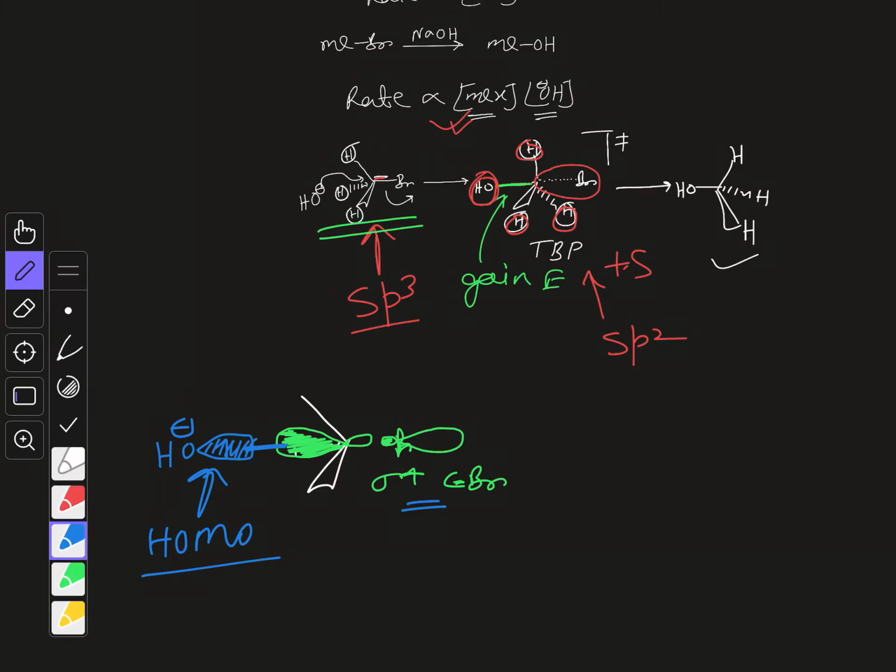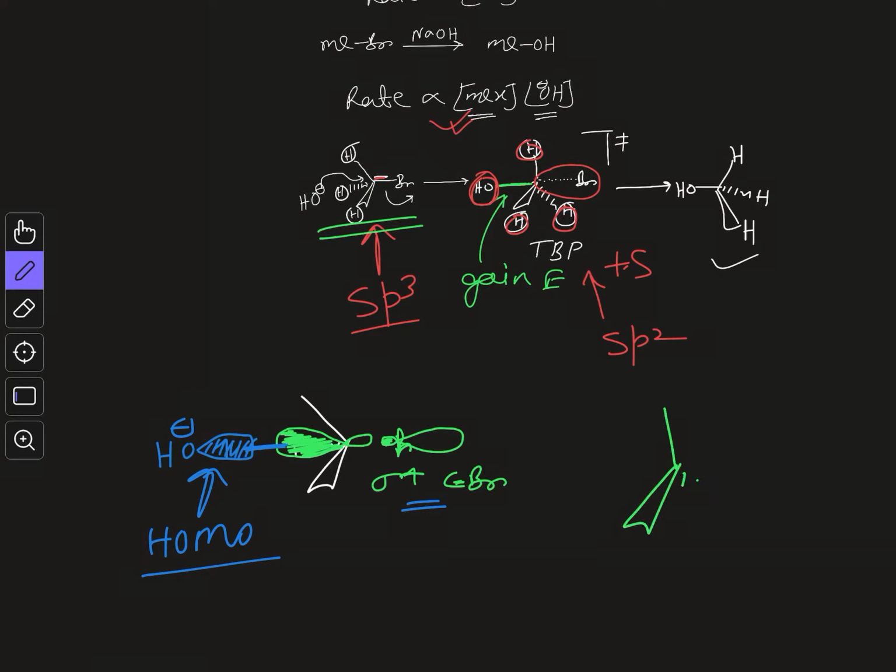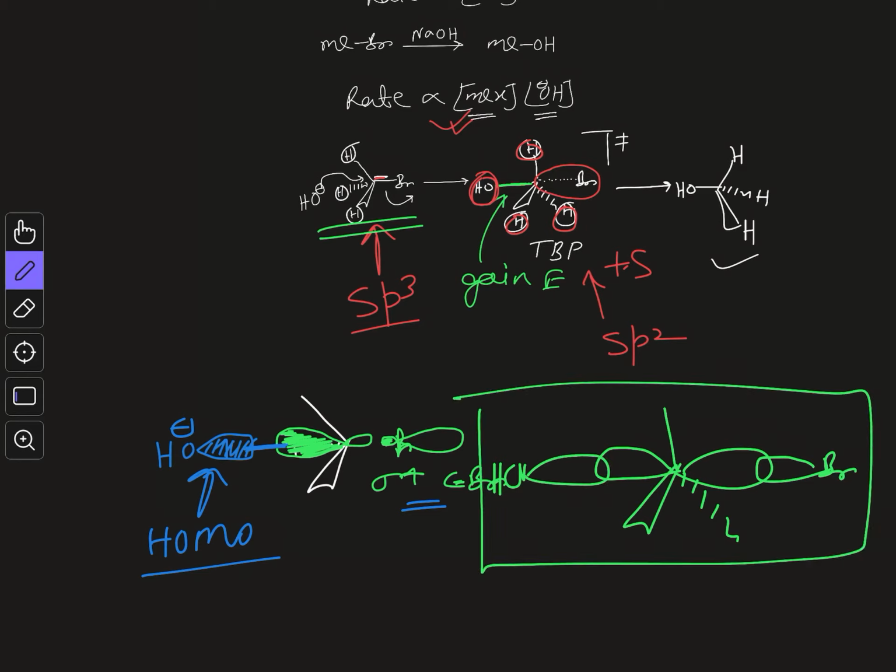Now how will the transition state look? The transition state will look like this. You have the p orbital, so one lobe of the p orbital will be bonded with the bromine and another lobe with the OH minus. So this is how the transition state of the reaction looks. Let me shade it like this. This is the shaded part, this is the unshaded part, this shows the symmetry, and this is the transition state of the reaction. So this is how the reaction goes.